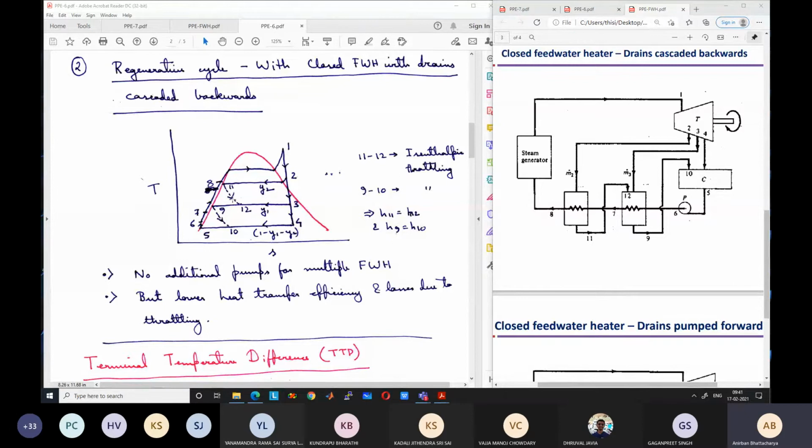It enters the pipes, not this shell. Okay, it enters the pipes. The diagram is not clear here. At 12, sorry, I was wrong. It enters the steam at state 12, and gets mixed with the steam that comes from state 3. So it enters the shell, and the heat transfer occurs and it gets converted to liquid water, state 9.